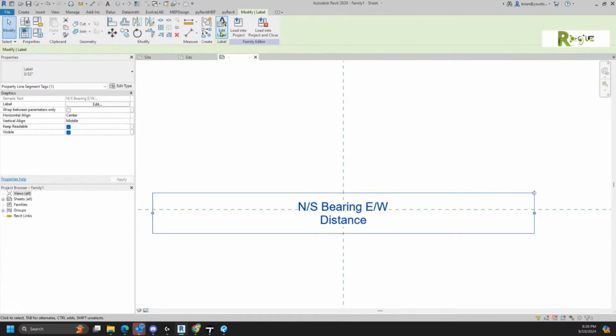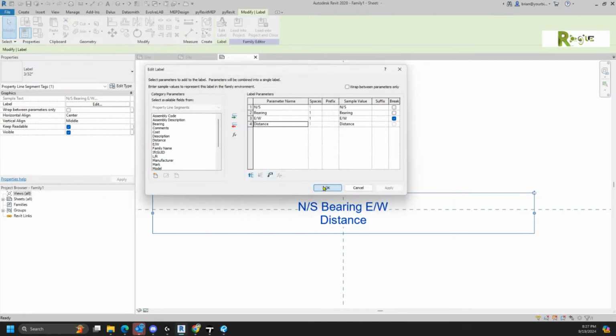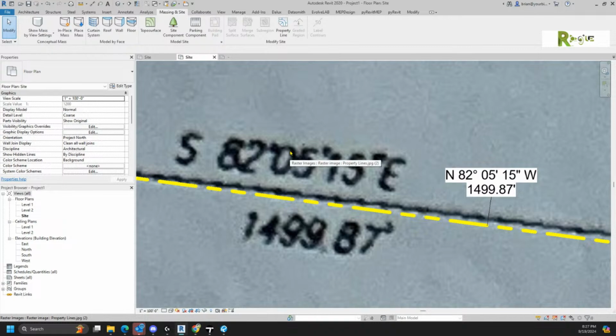If I went back to this guy and said edit the label, selected the distance, and came down here, you would see that you could put the foot mark, or you could put feet, either one. Now, when I load it back into the project, I need you to be that friendly with making those tags. Once we learn how to make the tag, you're going to find that we're going to use that for so many things. So what I would then do when that tag is actually working, I would come down here to